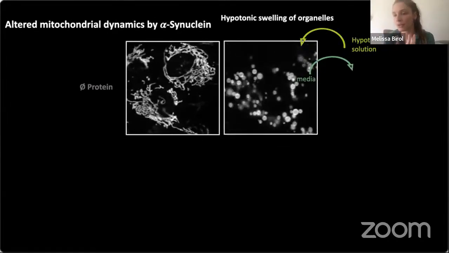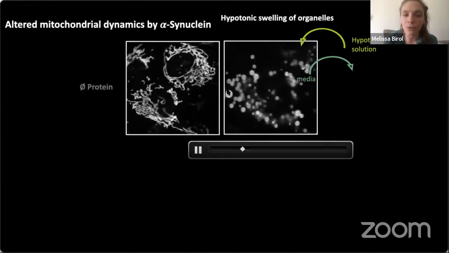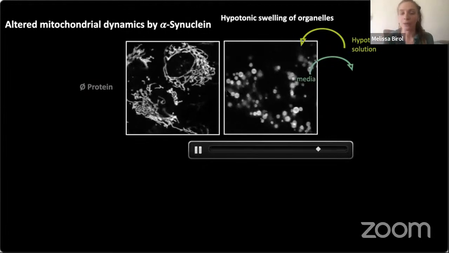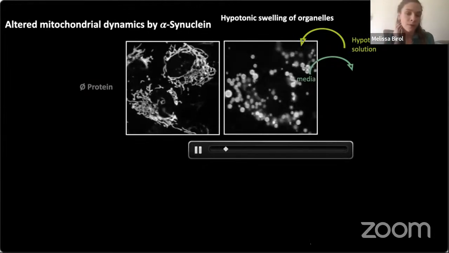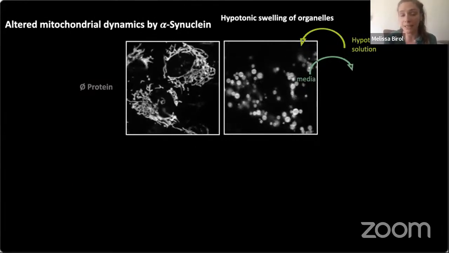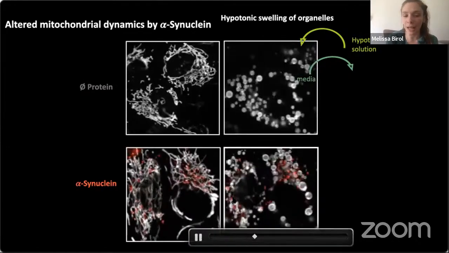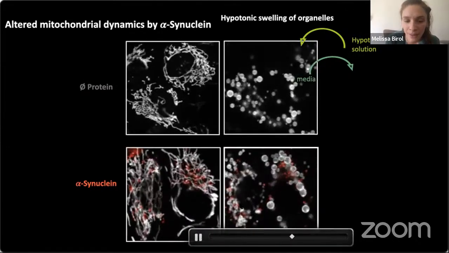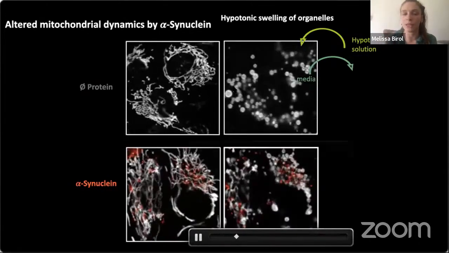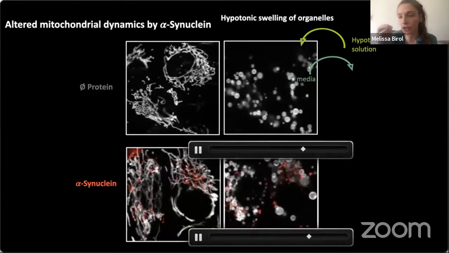And from the imaging perspective, this is really nice, because then we can start seeing full organelles and sort of the lumen and the membrane outside. From the resolution side, that's very nice, but it also gives us a functional assay, because if we add synuclein, vesiculation happens, but what is really happening is a crumbling of these organelles. We don't see so many nice round vesicles, but rather this sort of sequestration of